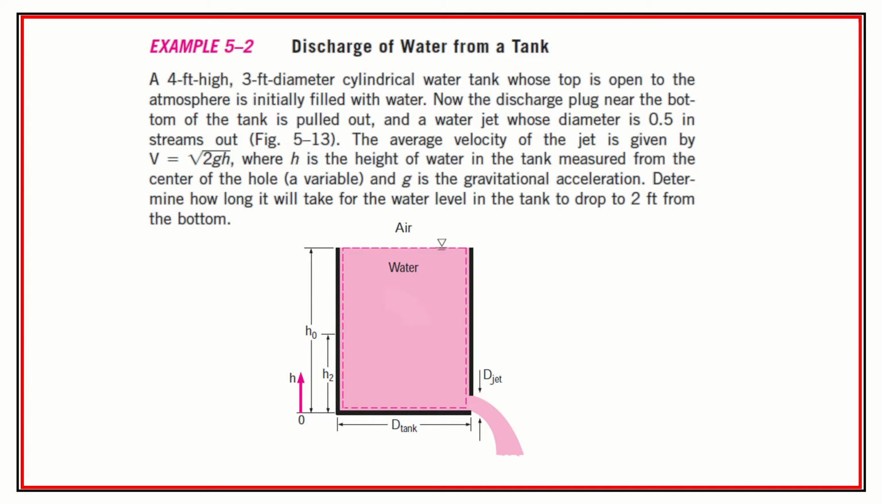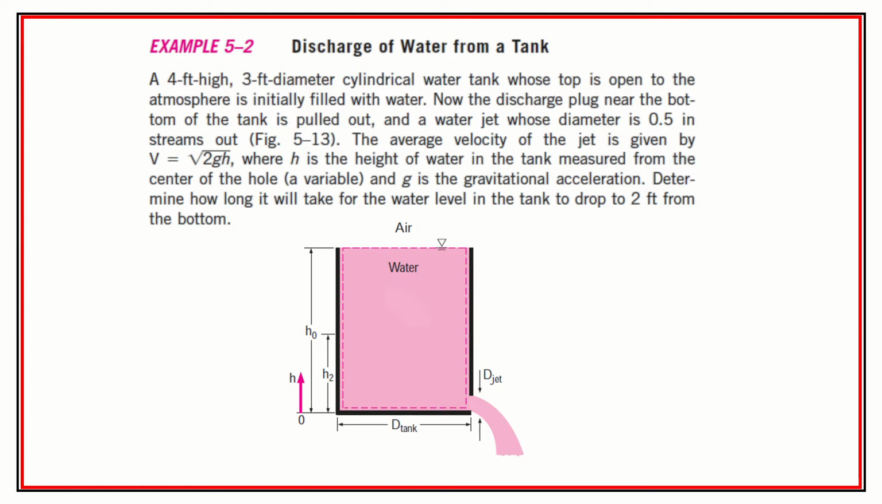It's cylindrical, it's carrying water, and the top is open to the atmosphere. It's filled with water, and the discharge plug near the bottom of the tank has been pulled out, so that there's a water jet whose diameter, or maybe even effective diameter, we'll learn that there's something called the vena contracta, so we'll see what the diameter can be estimated that way. 0.5 inches, it streams out, and the average velocity of the jet is given by the equation v is equal